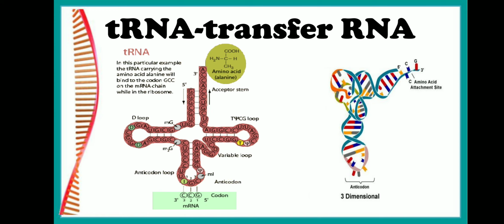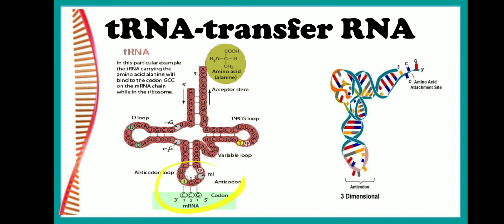Now this base complementarity, that is the anticodon loop, will form temporary hydrogen bonds with the codons that are present on the mRNA during protein synthesis, which actually helps in the proofreading mechanism to bring the correct amino acid to the site of protein synthesis. Only if this pairing is correct, it says that the correct amino acid has entered the site of protein synthesis for the protein formation.